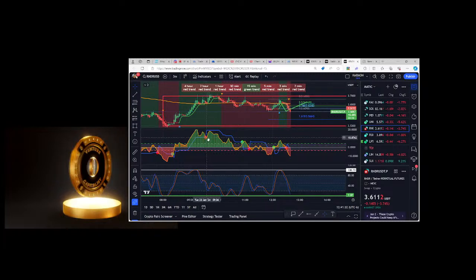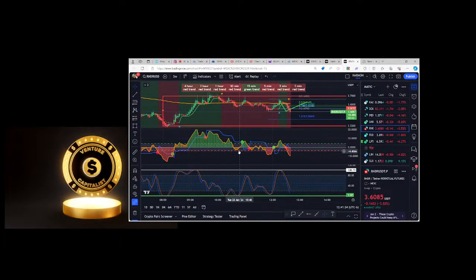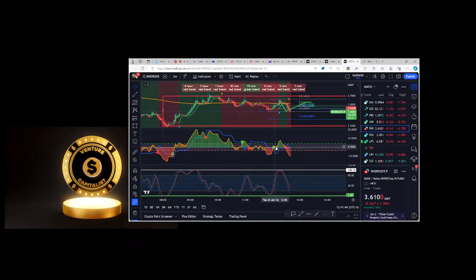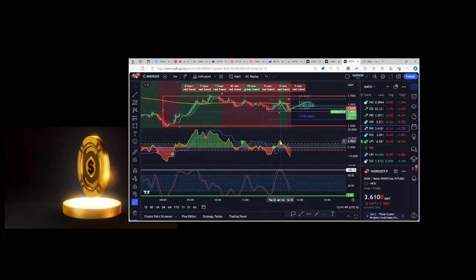But what I do have is, if you go back and look, a scenario where you go 3-minute red moon, it goes negative volume, comes back positive, goes negative volume, doesn't break the zero line, comes back down, doesn't break the zero line, comes all the way back down. Then it has another push, which we just saw, which is the green moon, green trend, but then it immediately fails to break the